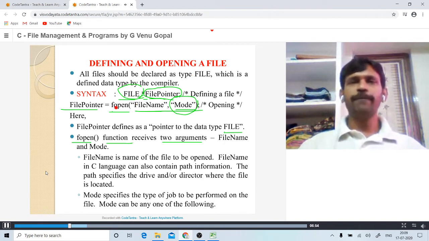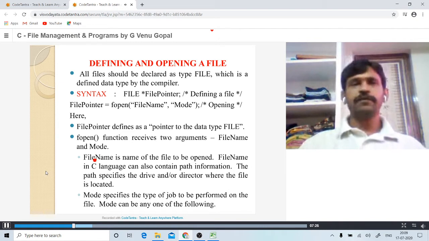On successful execution, the fopen function will return the address where the file has been created to the file pointer variable. If the file is not available, then the fopen function will return a null value to this particular pointer variable. NULL is returned by the fopen function once it cannot open the file specified.